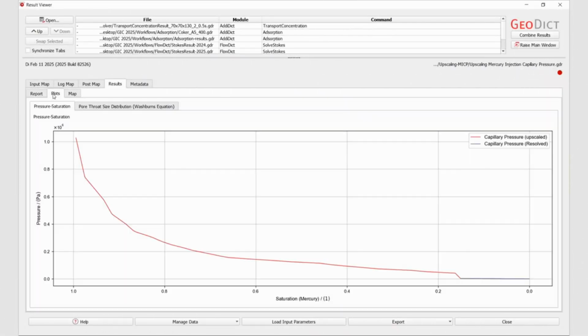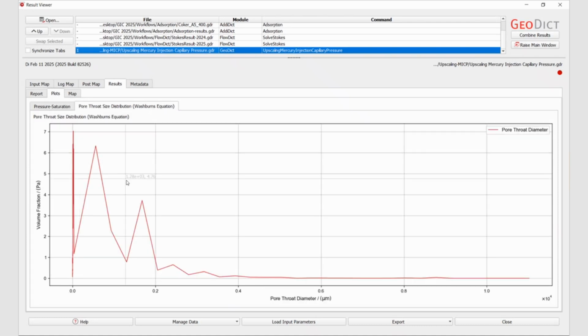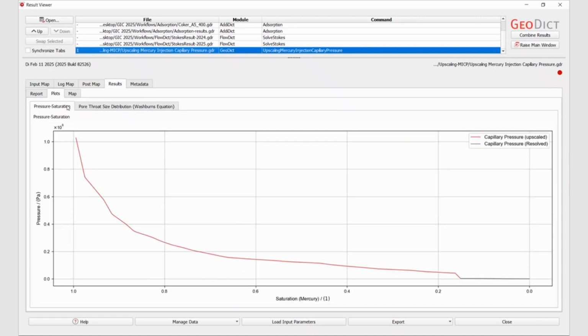Okay, then we can quickly jump to results and see the combined capillary pressure curve, as well as the pore throat size distribution for this particular sample. So with that said, I would now go back into the